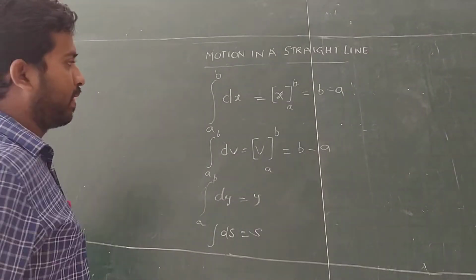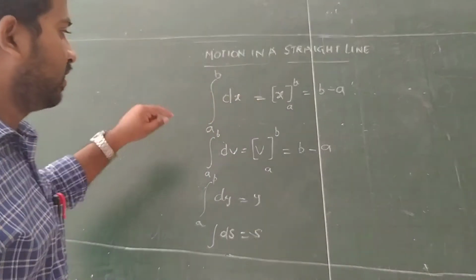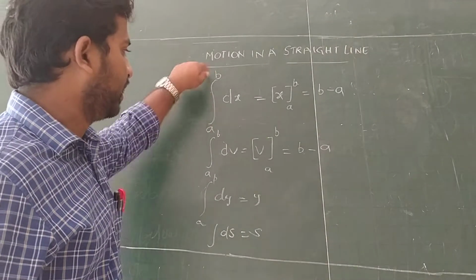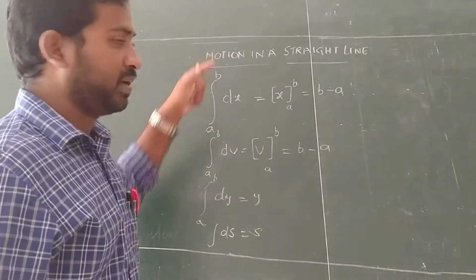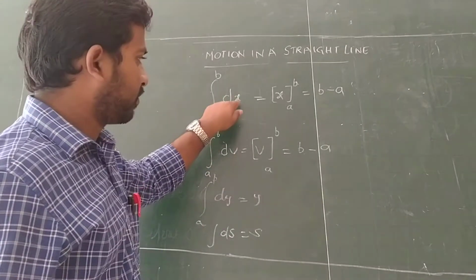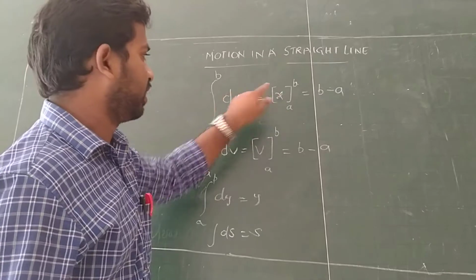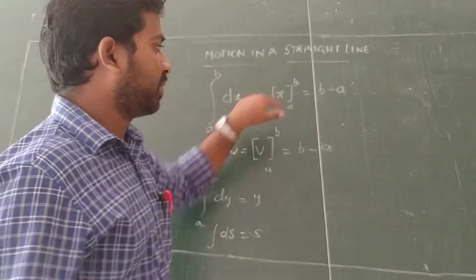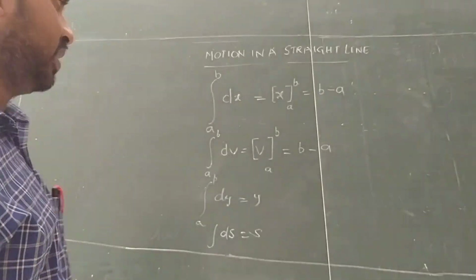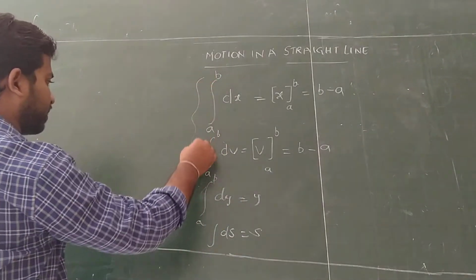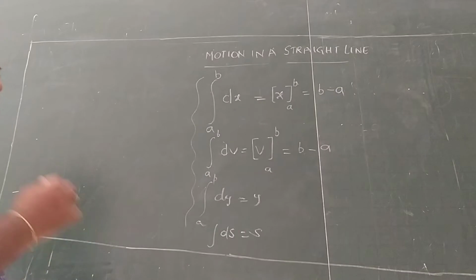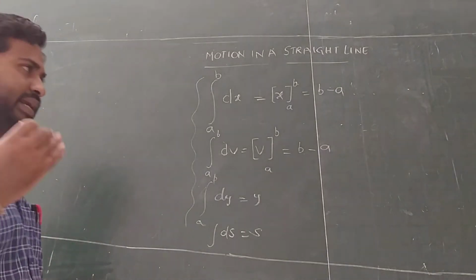That is one formula. And another formula: if they give the lower limit and upper limit, a to b or x to y or 2 to 3, we substitute in that function and take the upper limit minus the lower limit. Understand? So that is one formula; just remember it. We can use these formulas just to do the problems. In detail, it will come in mathematics in 12th class.